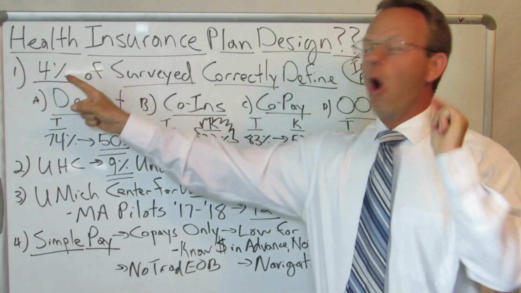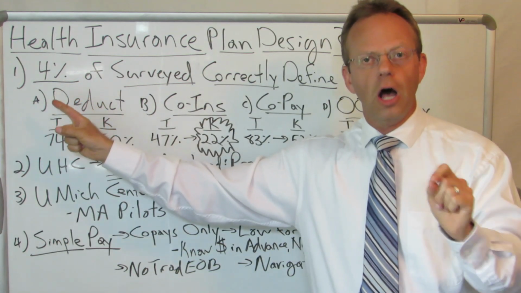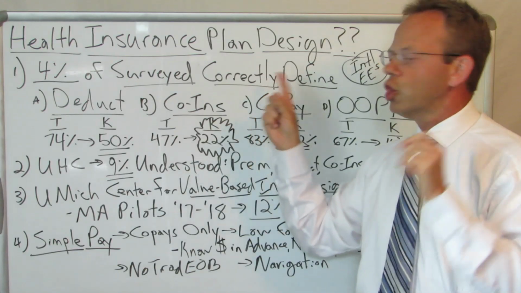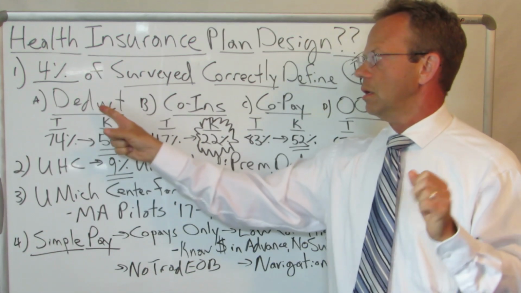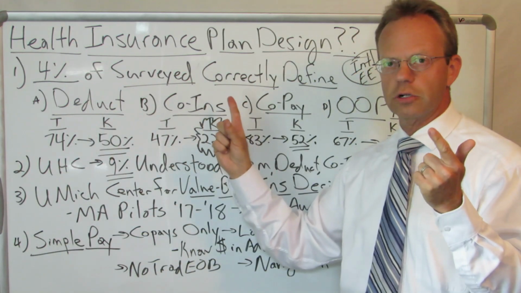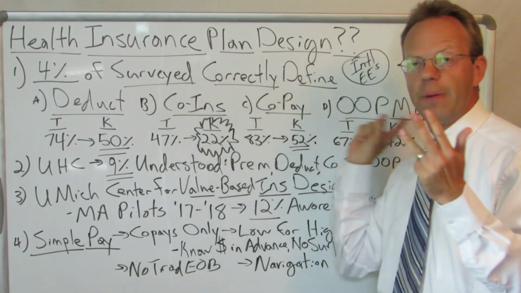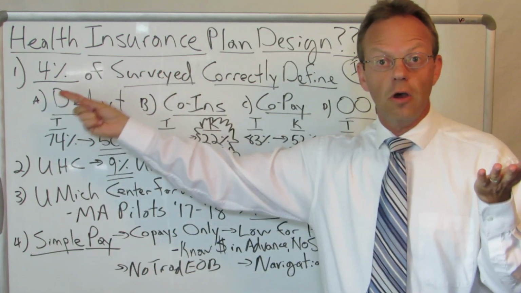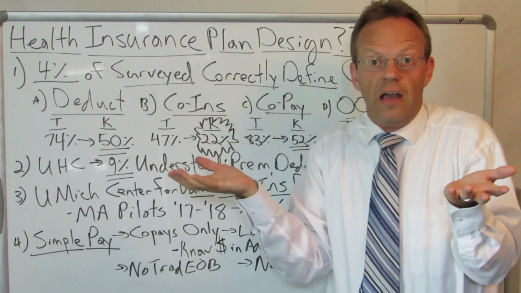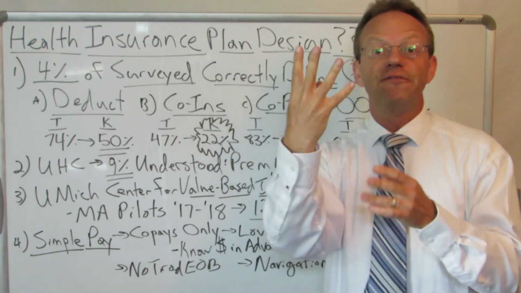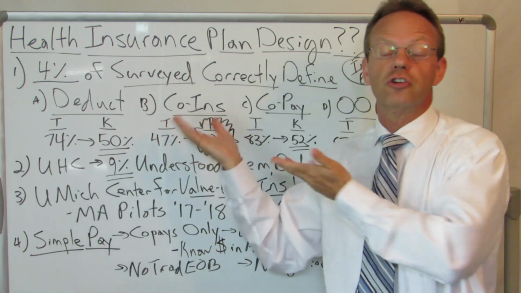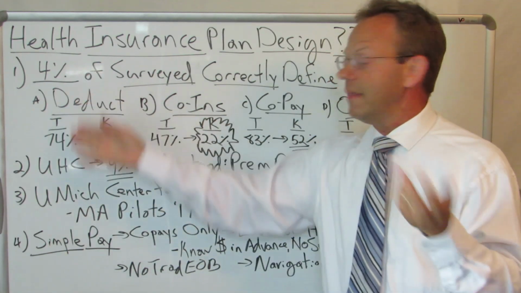Okay, one, only 4% of surveyed Americans could correctly define 4 basic insurance terms: deductible, co-insurance, copay, and out-of-pocket max. 4%! Only 1 in 25 people. I would present to a room, let's say, of 100 people. Only 4 of those people actually understood just 4 basic concepts. And then they broke it down by,